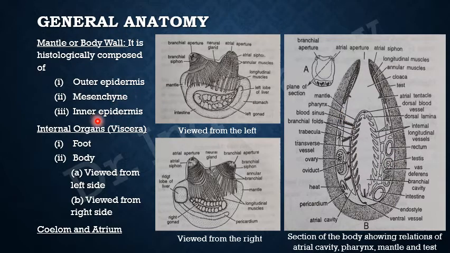Now we come to the internal organs, the viscera. The viscera is composed of two parts, foot and body. And as we've done before, the foot has no cavity inside, it is fully made of test. There are two layers of test which are fused with each other. There is no cavity in between them, and they form a strong leathery structure which gives support to the animal. The foot, made out of test, remains embedded in the substratum.